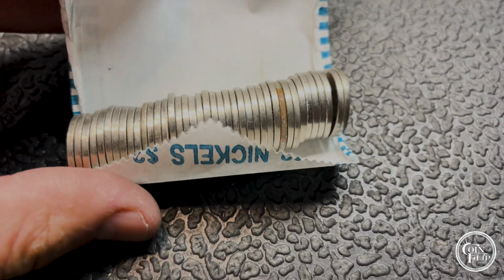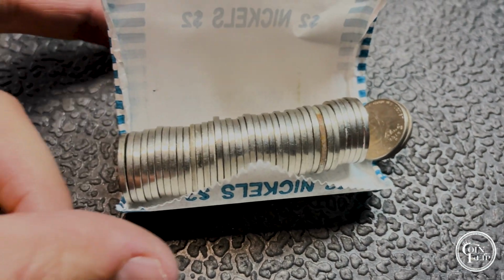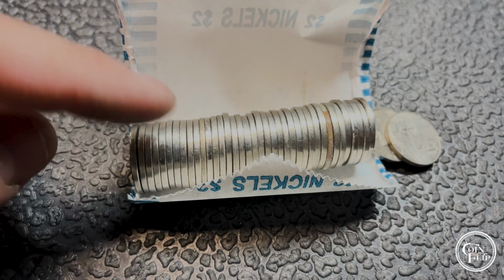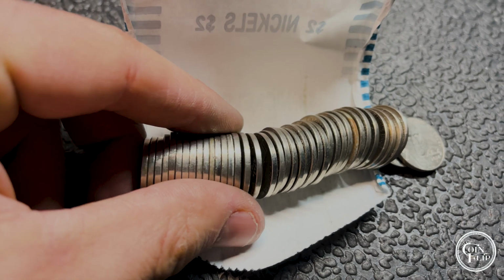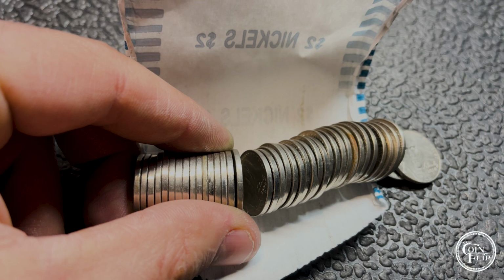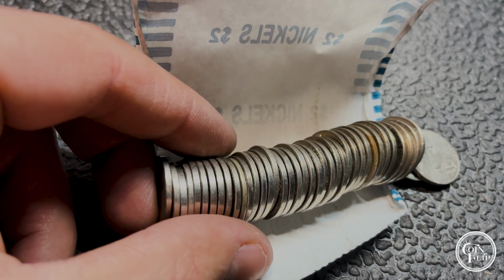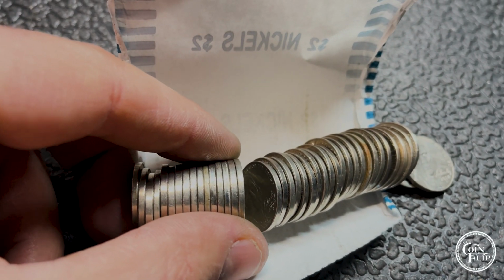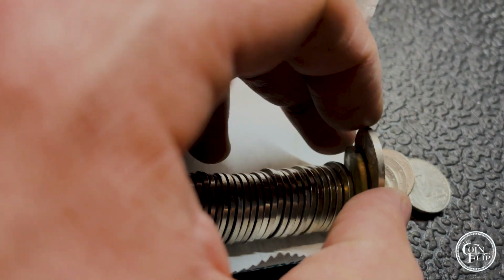And I got a discolored one here on the right. But I also have one right here. And this one is thin. And usually in my experience, when you have a thin one like that, if you look, you can see it's like 2/3 the size of the rest of these nickels. My experience is usually that is either a foreign or an oldie. So let's see if this is anything before we...